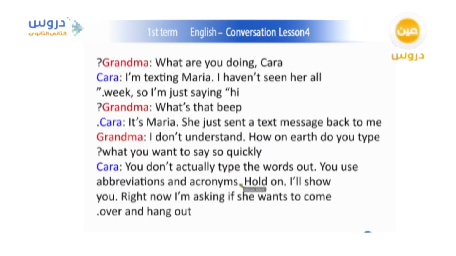Kara, you don't actually type the words out. You use abbreviations, shorts, like we said, BRB and so on, and acronyms. It's like abbreviation, like, you know, the word AIDS, which is a very crazy disease, is actually an abbreviation of